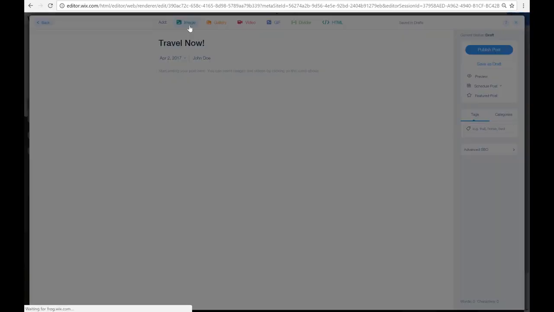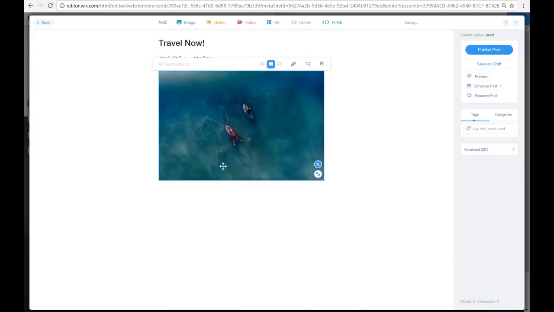So before we do that, we're going to add an image in, drop the image in, add alt text, so surf the web, let's say that's what that's called, and start to write your blog post. So some text for our blog post,